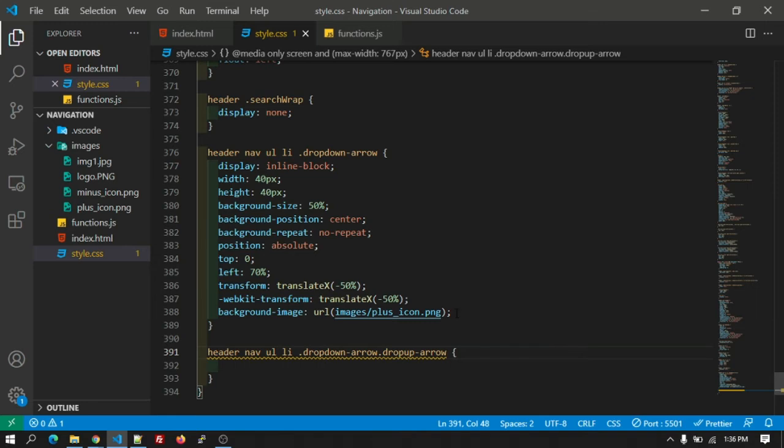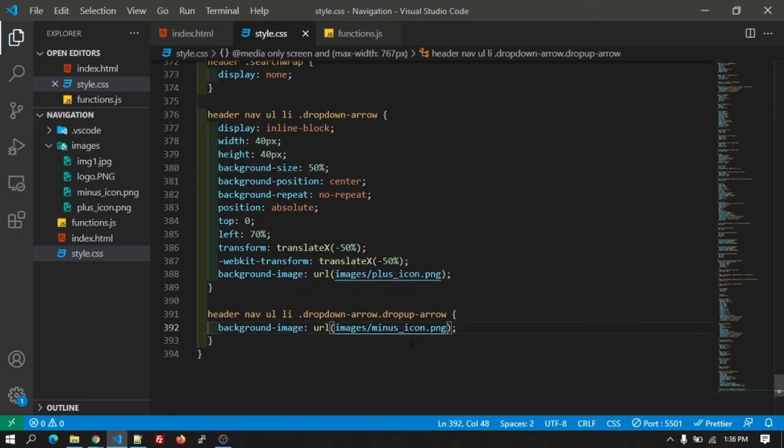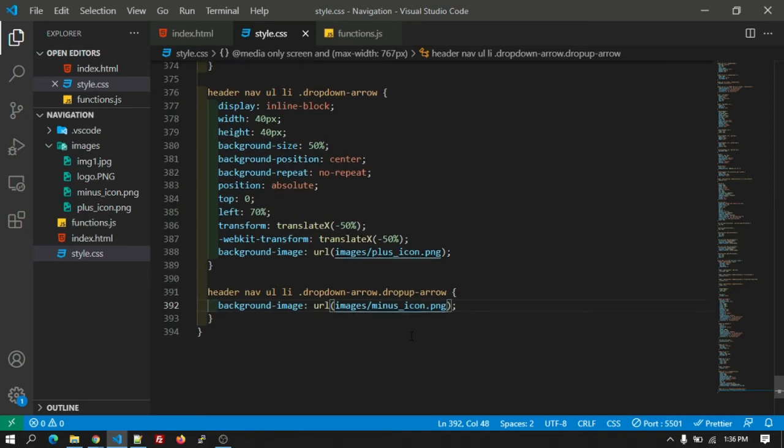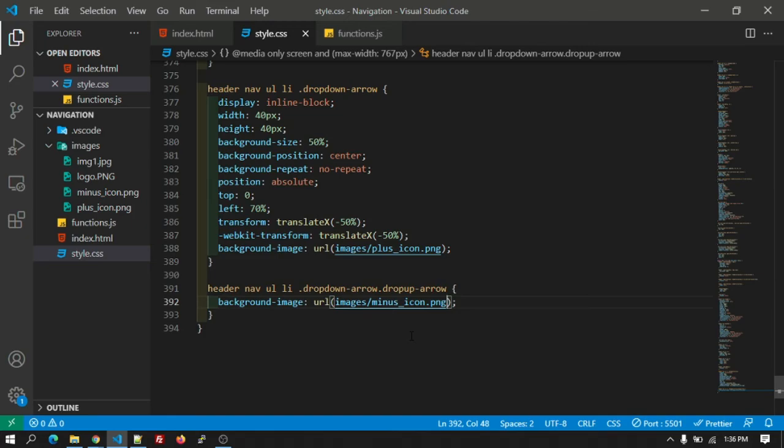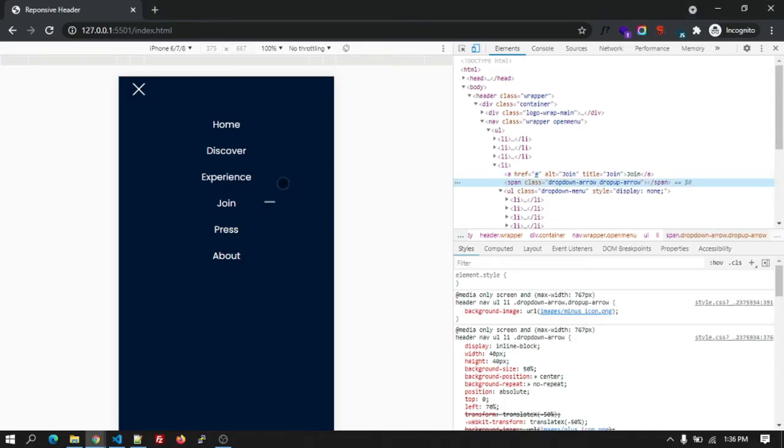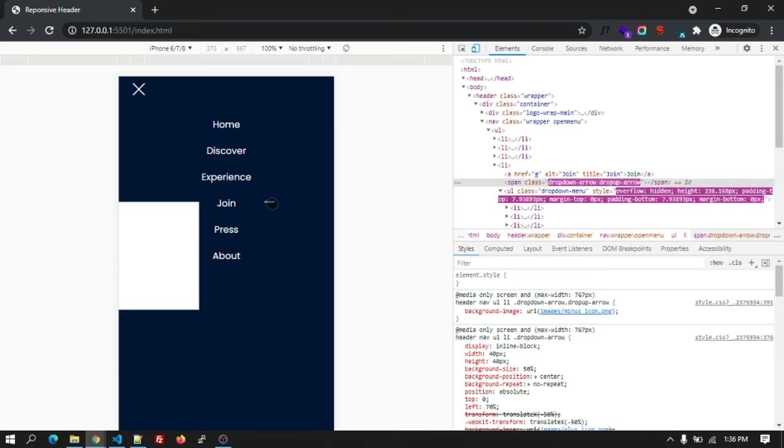For that, let's change it from the plus icon to the minus icon. All these assets I will give you in the description of this video. Please download from there. Okay, so we have added the CSS for the plus and the minus icon.